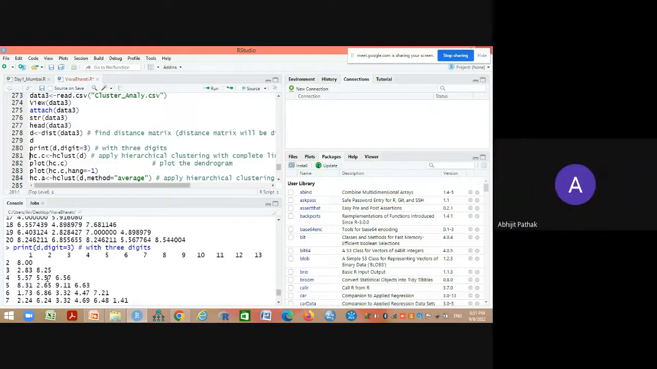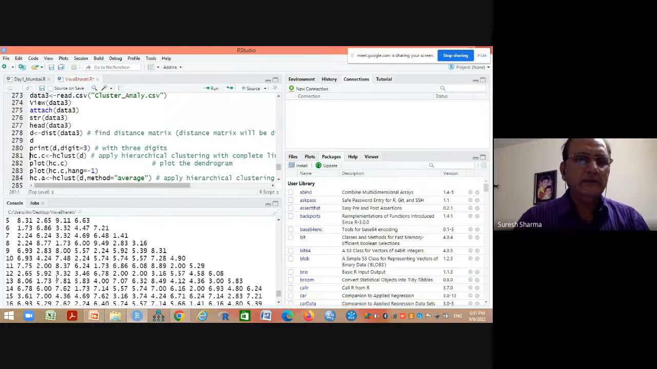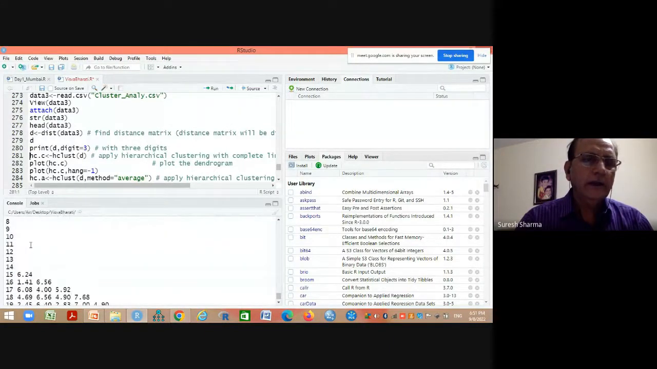Yes, sir. Yes. They are very much similar. So if you look at the entire matrix, this is 1.73, this is 1.73, and somewhere this is the minimum distance, 14 and 16. 14 and 16, 1.41 is the minimum in the entire matrix. That means first item,